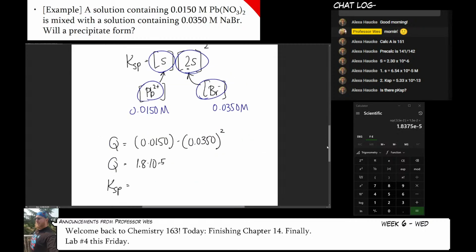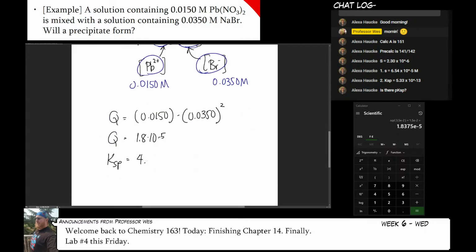I've already forgotten the number. 4.6 times 10 to the minus 6. And so we'll compare these. Well, Q is bigger than KSP. And so what we would conclude is that we have too many products. The reaction will shift towards the left. So a precipitate